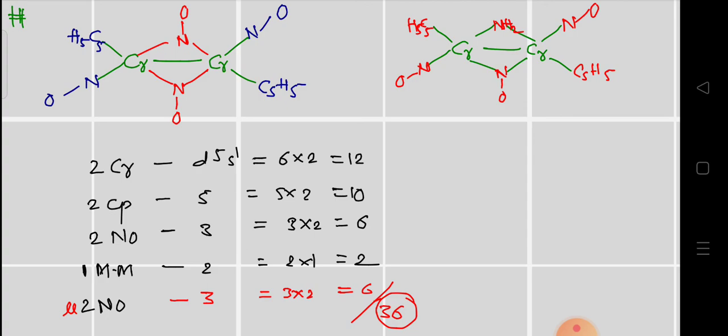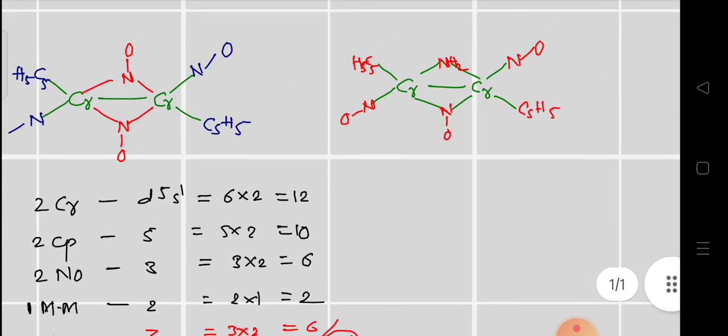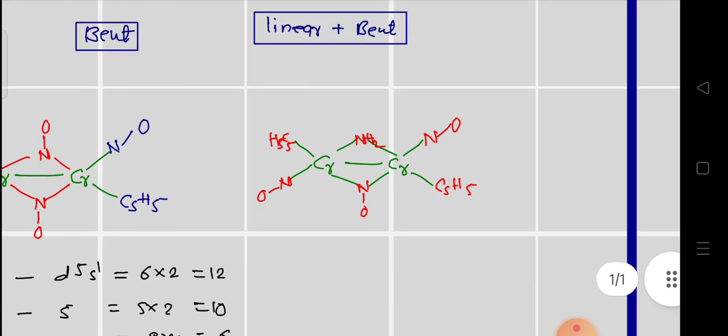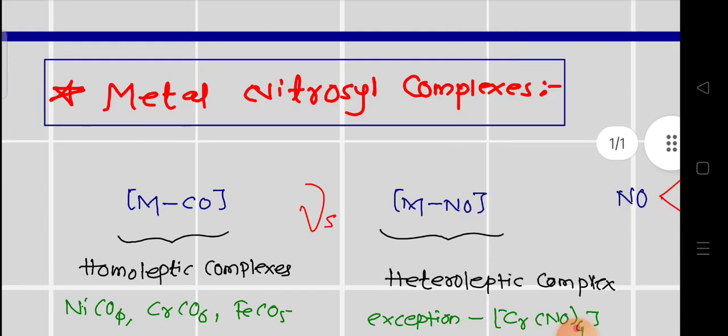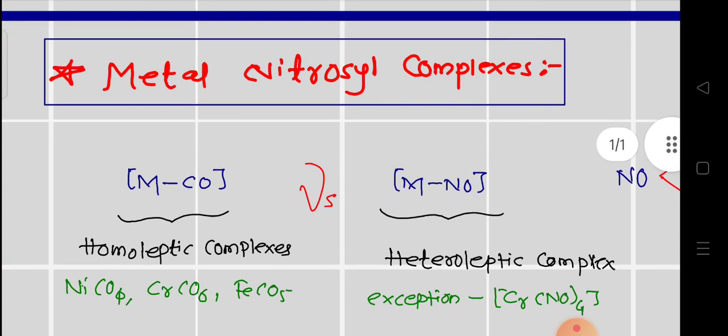Similarly we can find out the number of electrons for this complex. I hope you get my point. These are simple kinds of complexes, and very important and very interesting regarding these metal pi complexes. This lecture is very useful, and many times there are questions based on IR spectroscopy, types, electron count and so on.